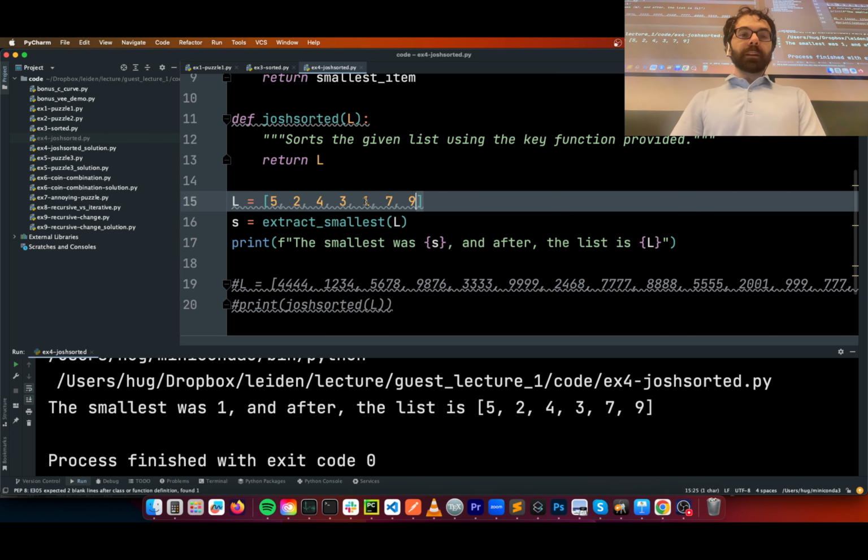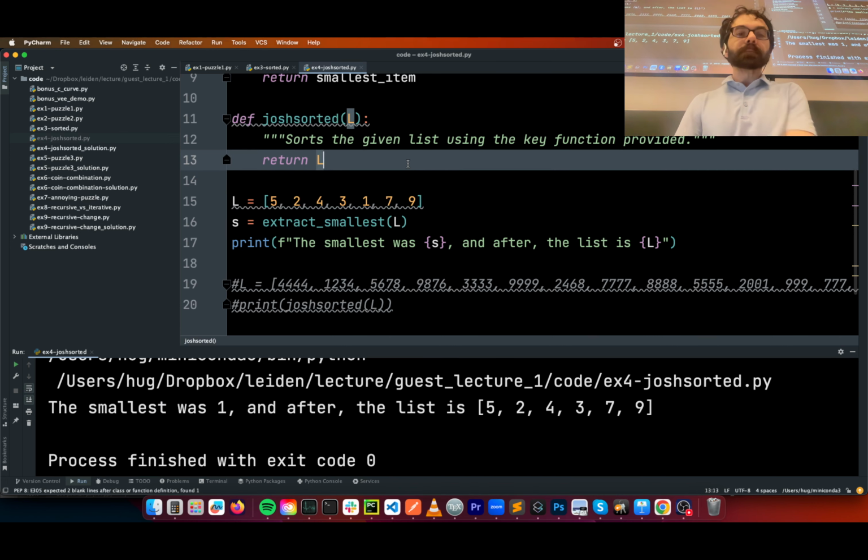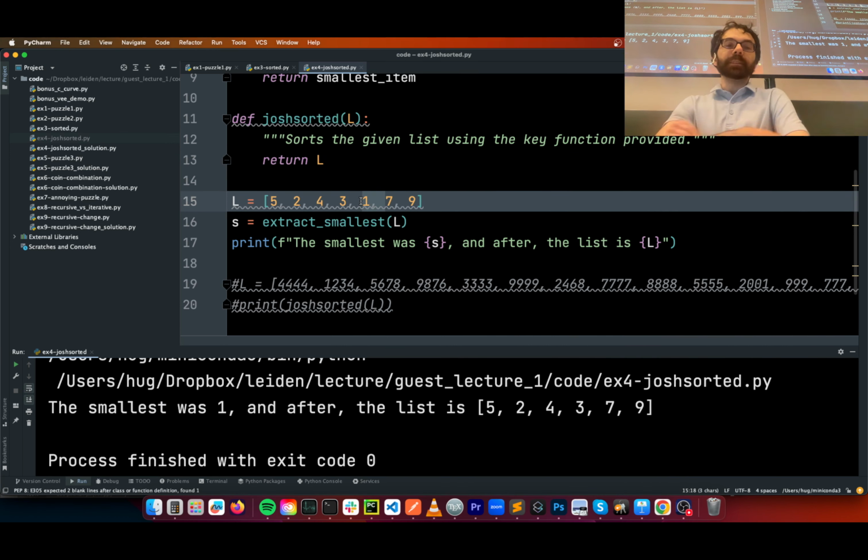I'm going to note something about the way I wrote my little test case too. You'll notice I put the smallest in the middle. Anybody want to guess why I did that versus putting it at the front or the back?